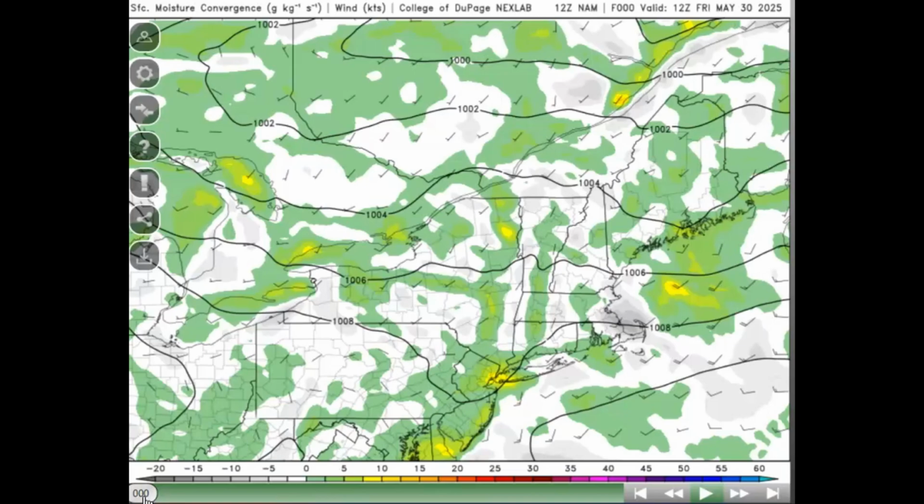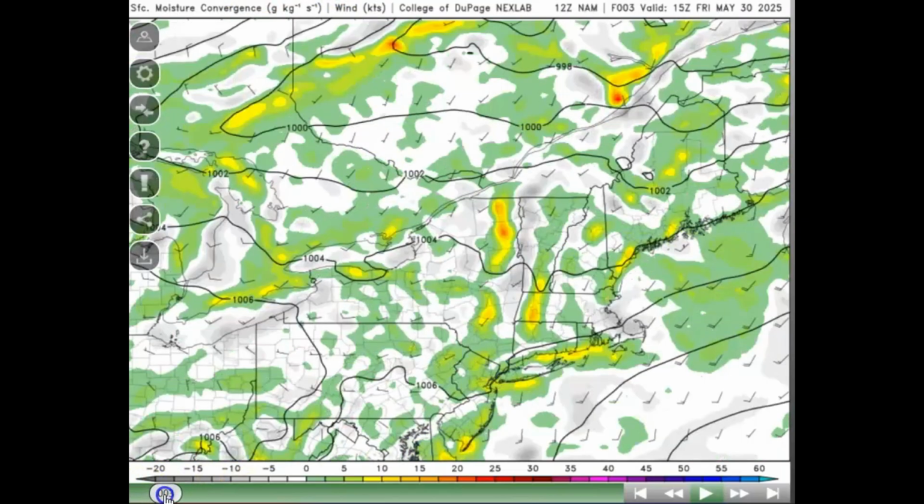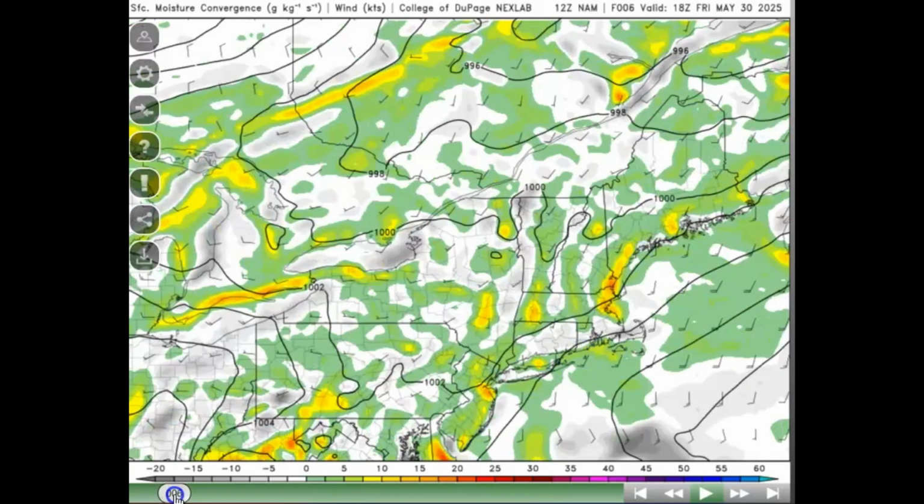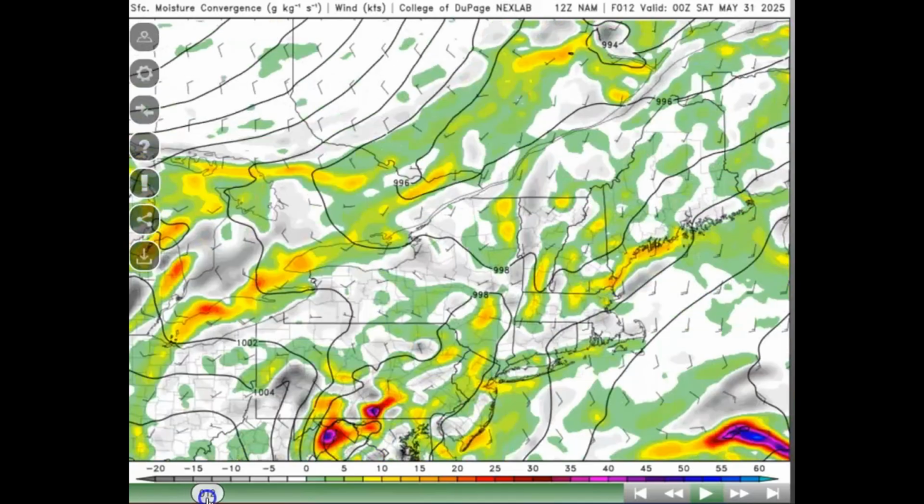One way to do that is by looking at moisture convergence at the surface. So that's what this is, surface moisture convergence. You don't need to know the unit so much, but just know that this is a measure or some sort of assessment to determine how strong that cold front is. As we go further in time, the brighter colors are really what you should focus on, like the yellows, the oranges, or amber, or reds even, and beyond.